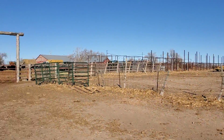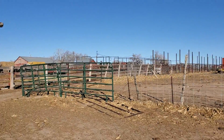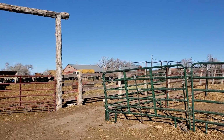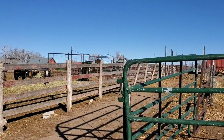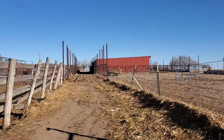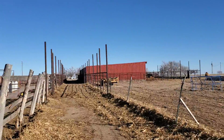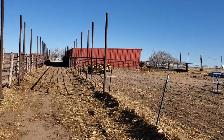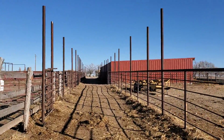As far as the pins, if you can stick it together, you don't need to hire a welder. The building, you need to be able to weld a little bit better than that, looking like a turkey relieved itself all over it. You need to be at least mildly proficient with a welder. But as far as the rest of it, this alleyway,